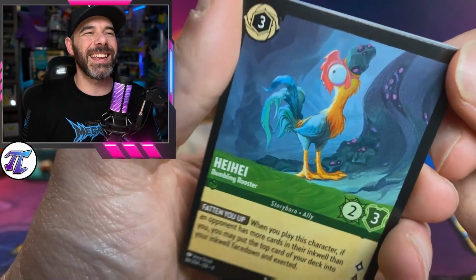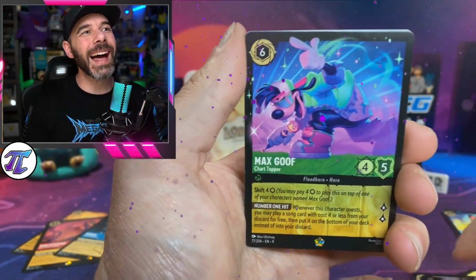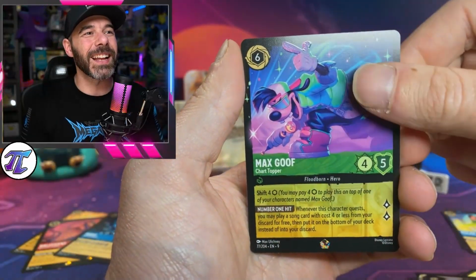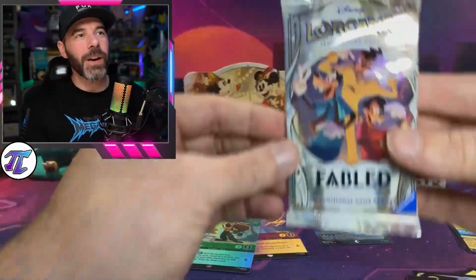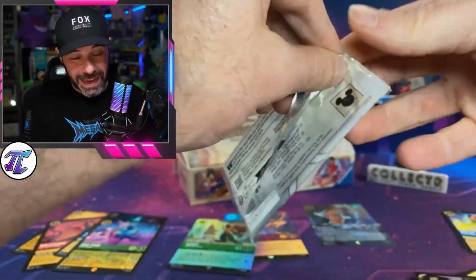Look at Hey Hey. Oh my god, all the Hey Hey cards are fantastic. We got Winnie the Pooh. We got another legendary. We got the Max Goofs. That is our 4th legendary of the box, and a foil Ariel. All right, yeah, so far, guys, box number 1. I think Ravensburger did a fantastic job